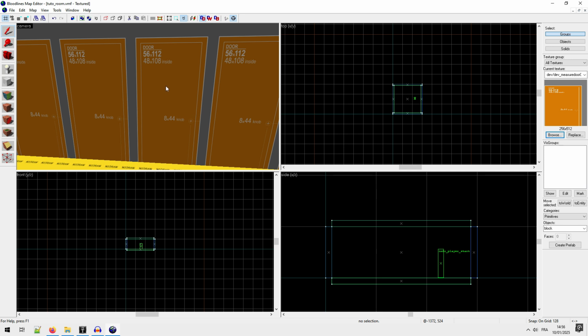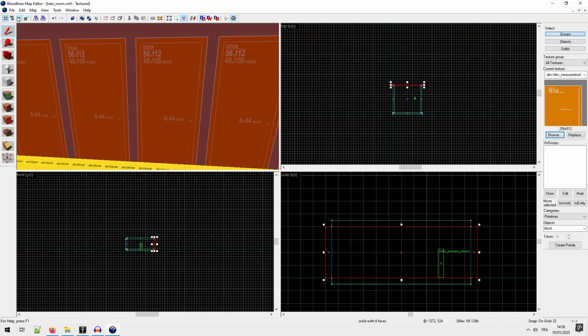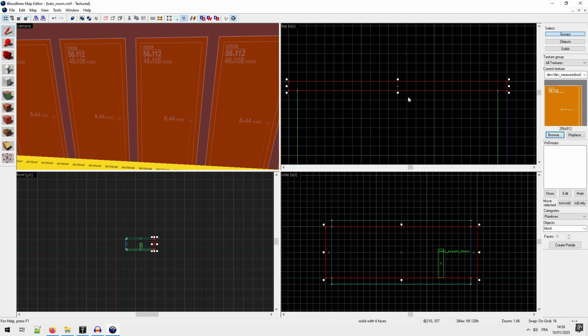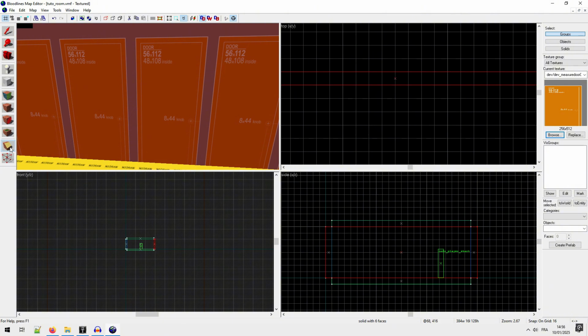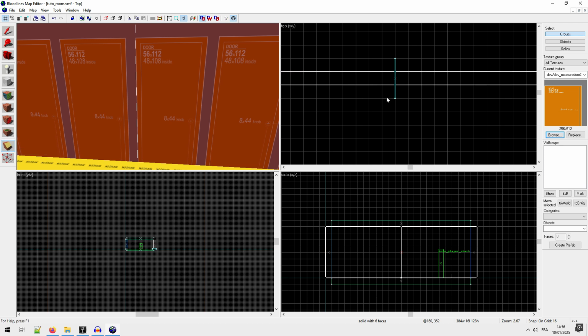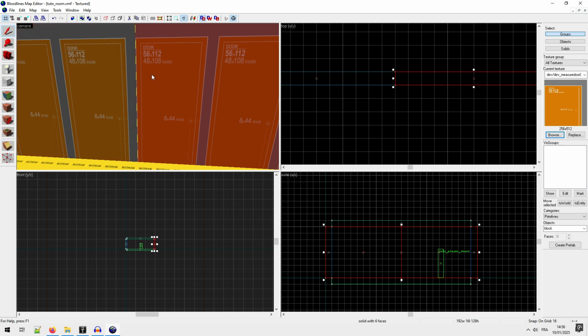So first, I select my brush, my block, where I have the texture. And I reduce the grid to 16. I take the clip tool and I just draw a line in the middle and I clip my wall. And you see here where the clip will appear. I click again, so I have everything selected. I click twice in this case. And we will keep both parts. And I press enter. And then I do the same.